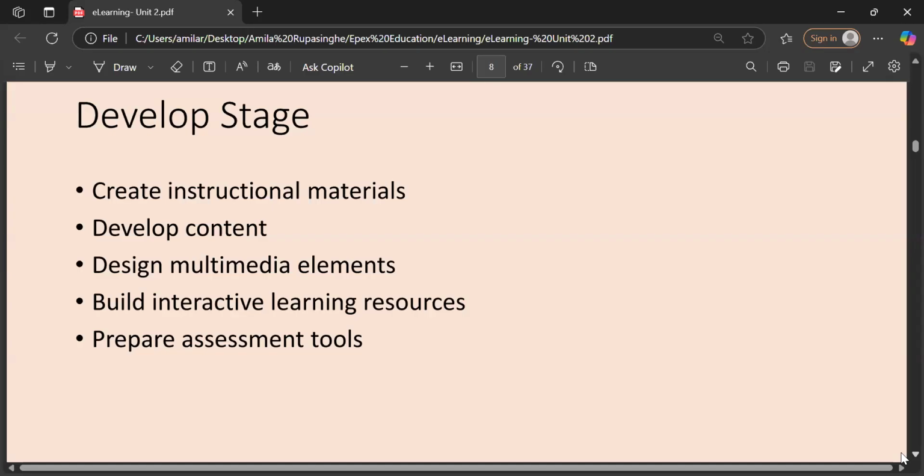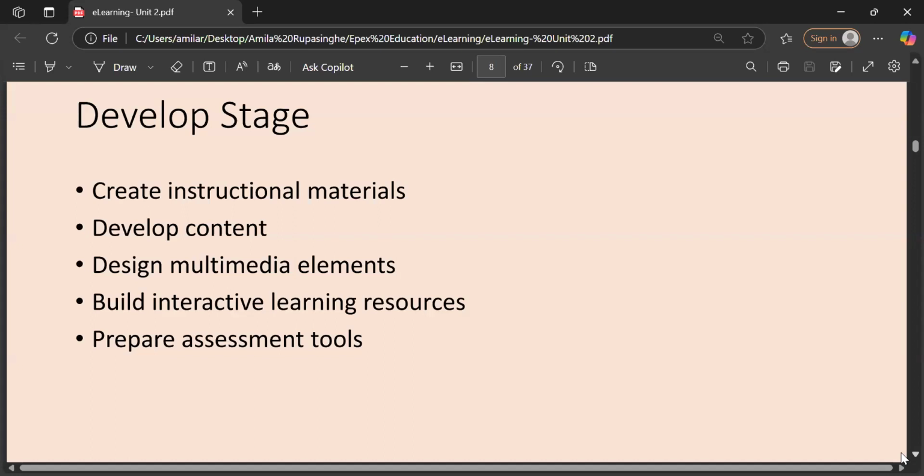And you have to use some interactive learning resources. That's why in e-learning we mostly promote interaction, because it's a challenge for us: less interaction among teachers and students, among students and students. So we have to build some interactive learning resources.